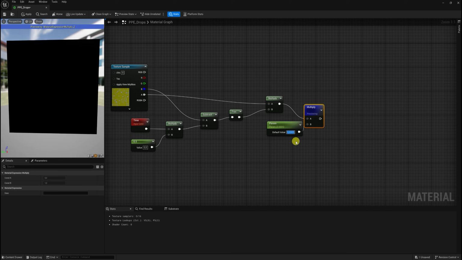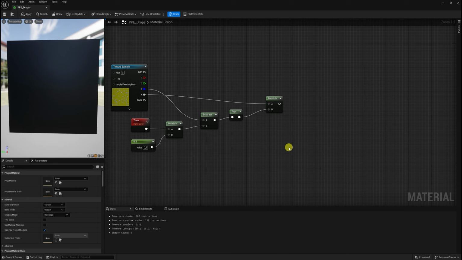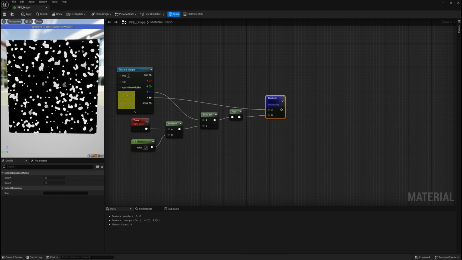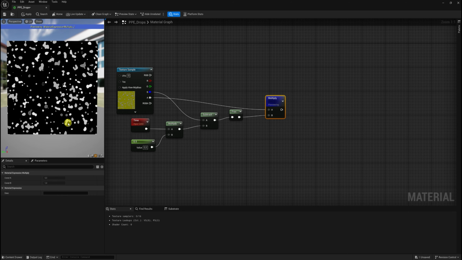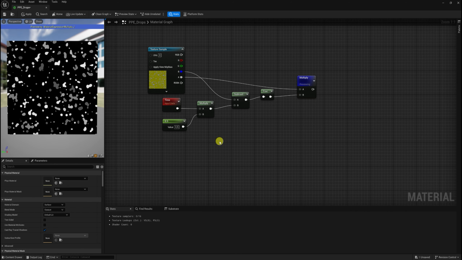So it's up to you if you want to set this up or not. I'm just going to do it for this one. Just going to leave it this way. And for this, seeing that this actually is going to be on the entire screen, I kind of don't want that. So to combat that, I'm going to make a mask, a text coordinates